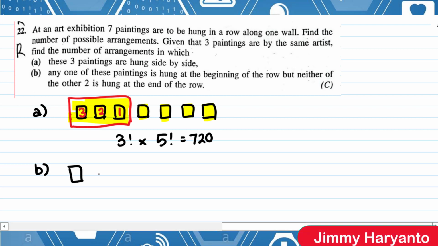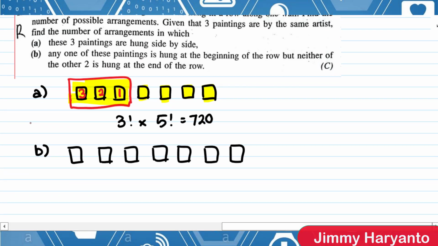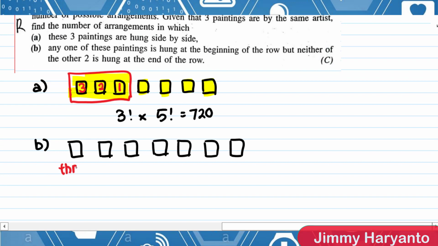Okay, jadi we have 7, ya. Tetap 7. 1, 2, 3, 4, 5, 6, 7. Nah, the restriction is the first should be these three, the three paintings. That means three right here, and then the last one cannot be the three. Yeah, neither of the other two. Okay, so we have 3 right at the beginning. Neither the three means we have 4 possibilities right here. Ya, harus ada 4 ya, karena yang 3 ini nggak bisa masuk ke sana, berarti kita bisa masukinnya cuma 4 guys, yang 3 itu nggak bisa.